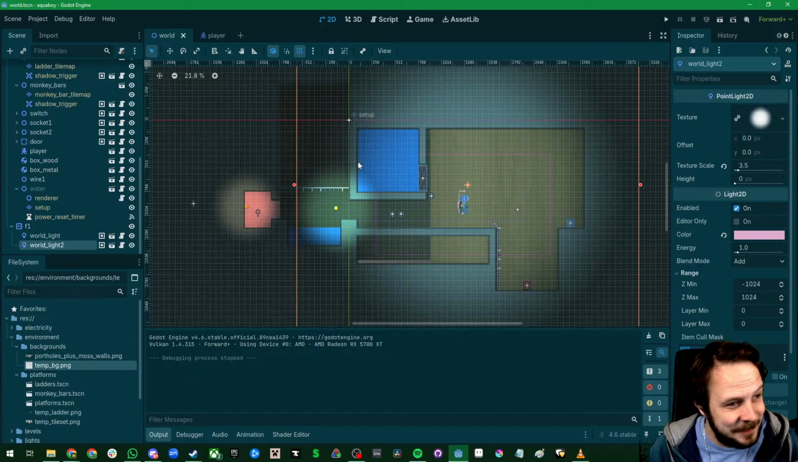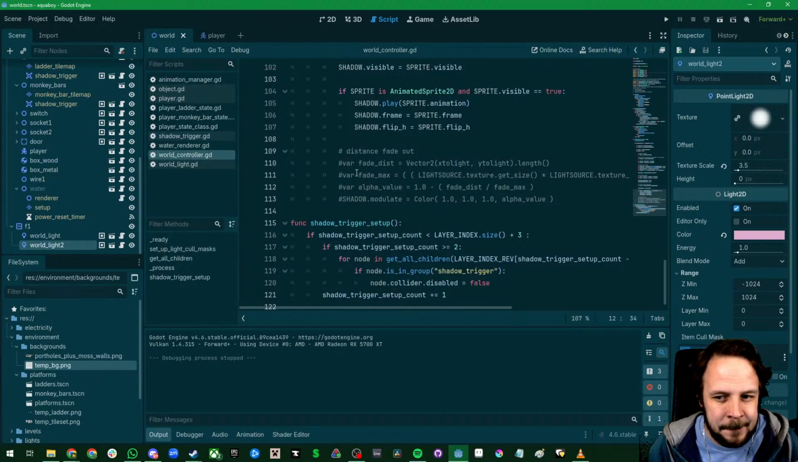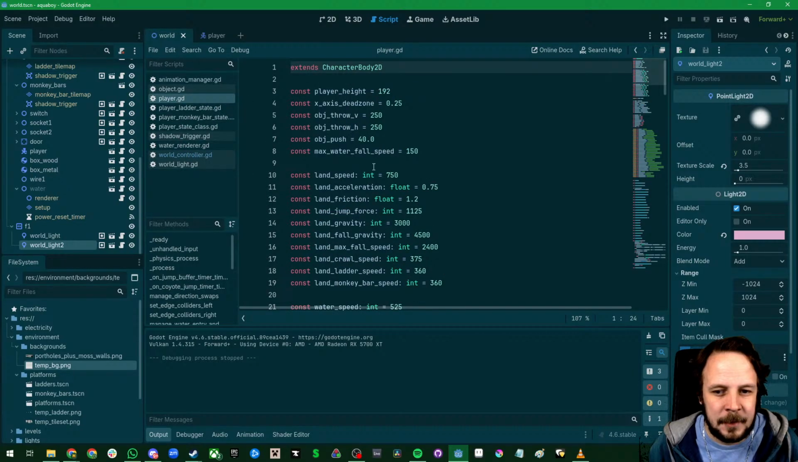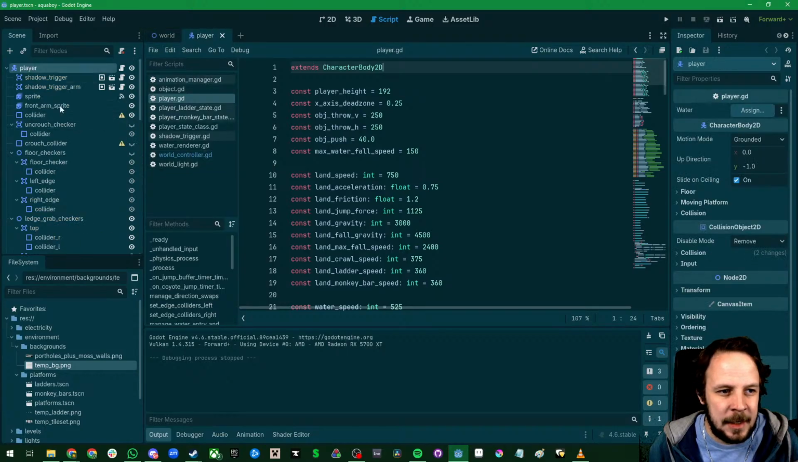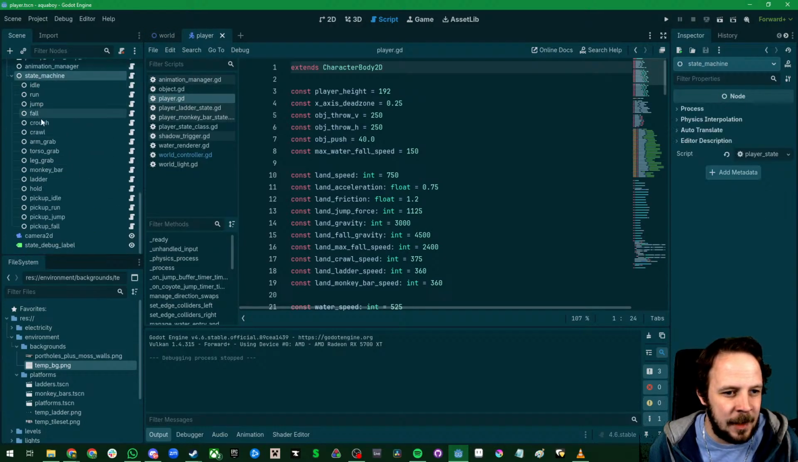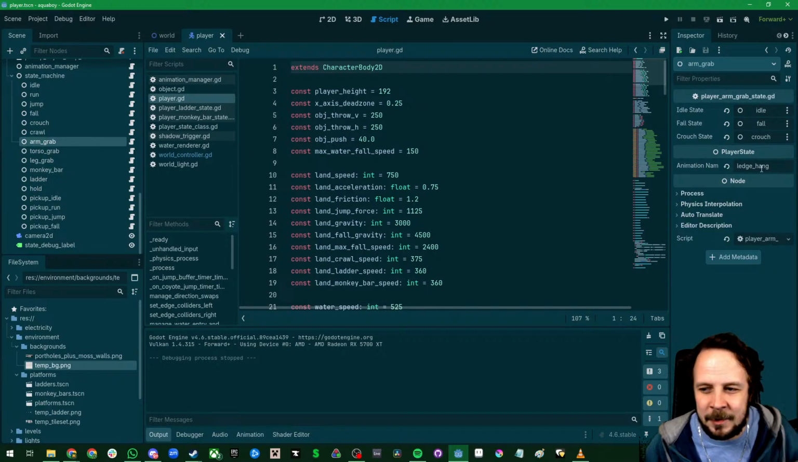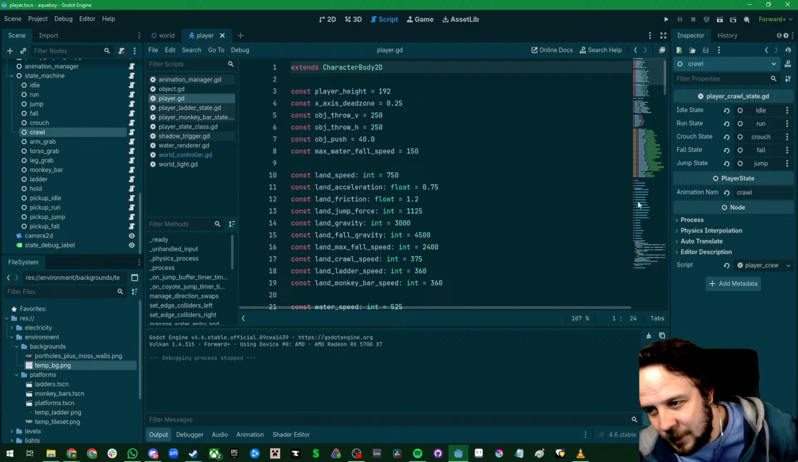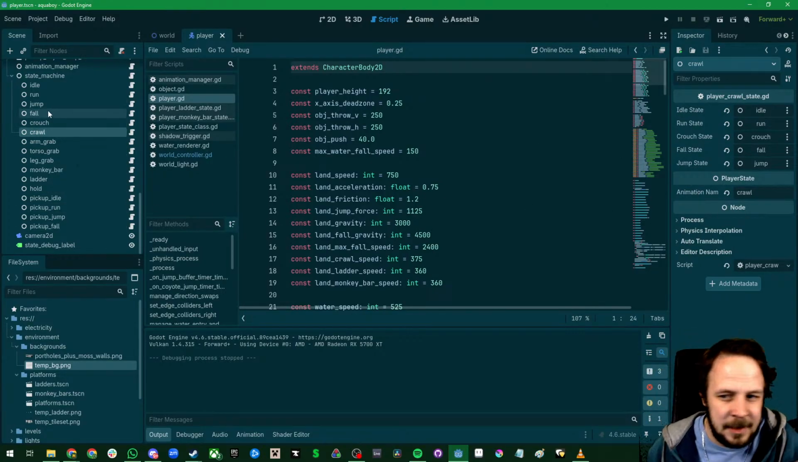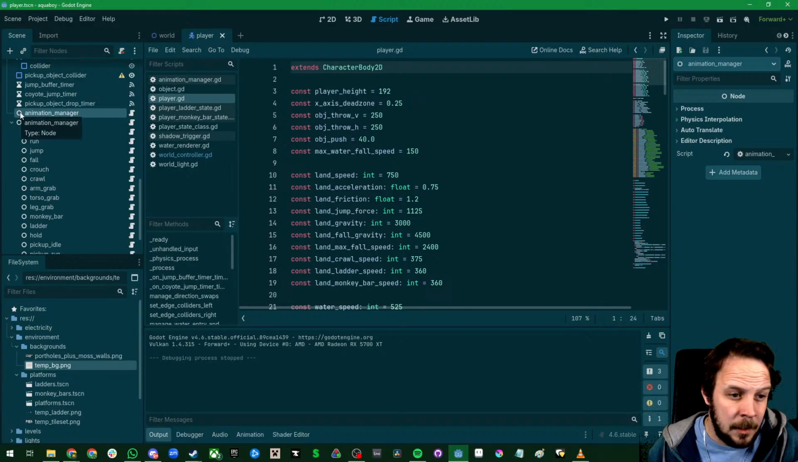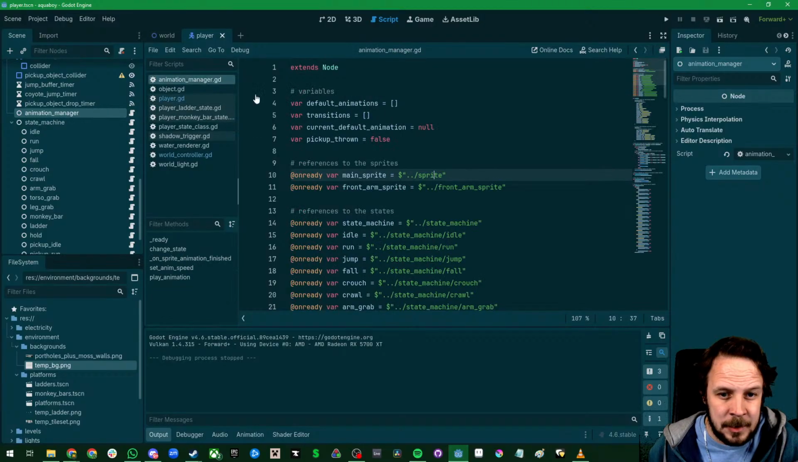But anyway, one of the things I've done now that this new art is coming in is on the player scene here. Before, the state machine and all the animations were being triggered inside these states, and they had a little animation name there and a default animation. They each still have their default animation defined in there as an export variable, but we have an animation manager script now too,